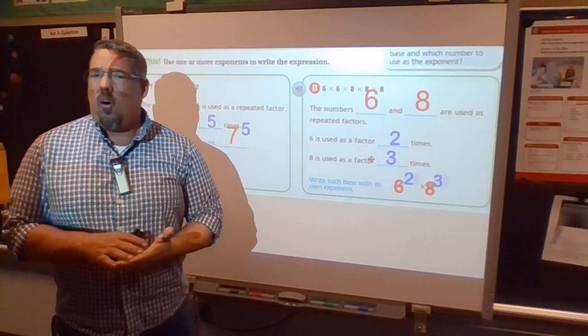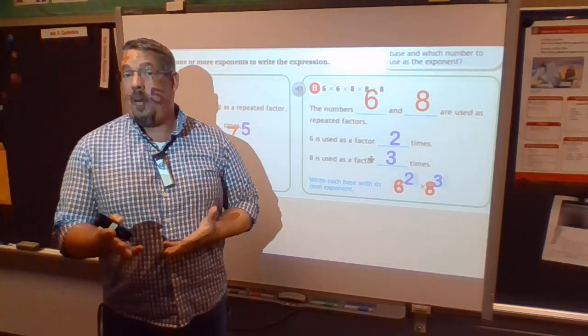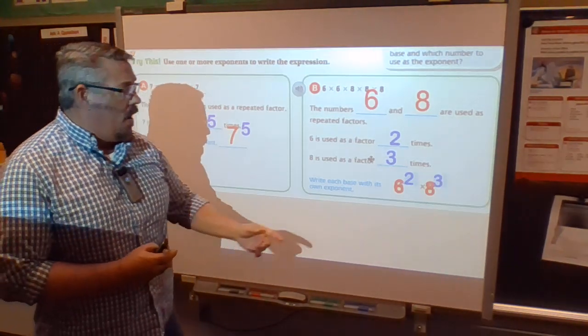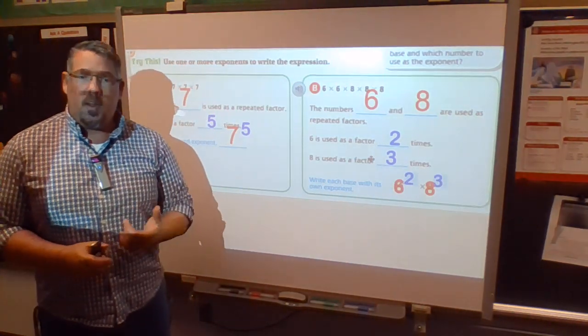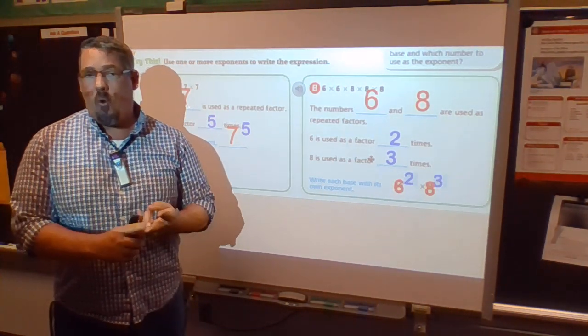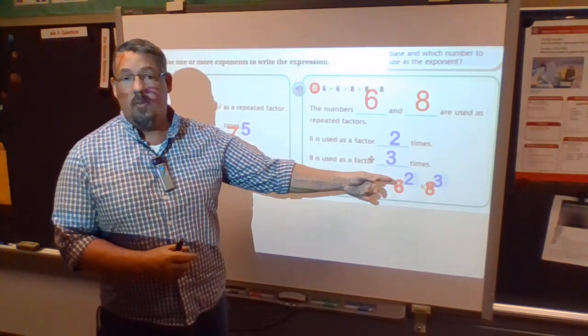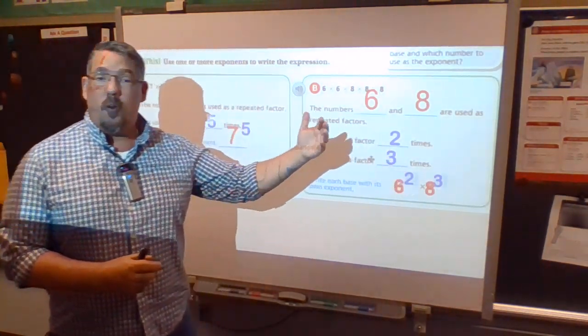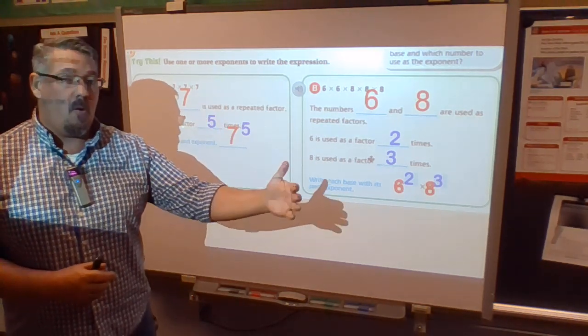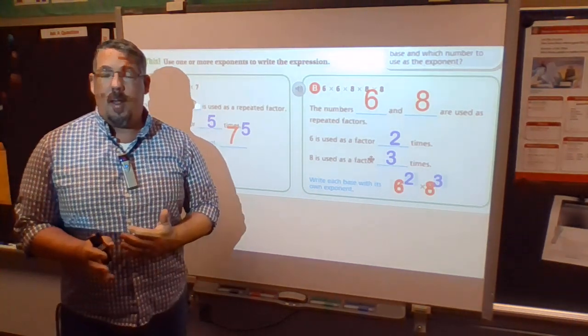Now, there are times with exponents that they have special names. Right? So if there's an exponent of 2, we can say to the power of 2, or in this case, this is also said squared. With the 8 to the 3rd power, or 8 with an exponent of 3, we could also say that that is 8